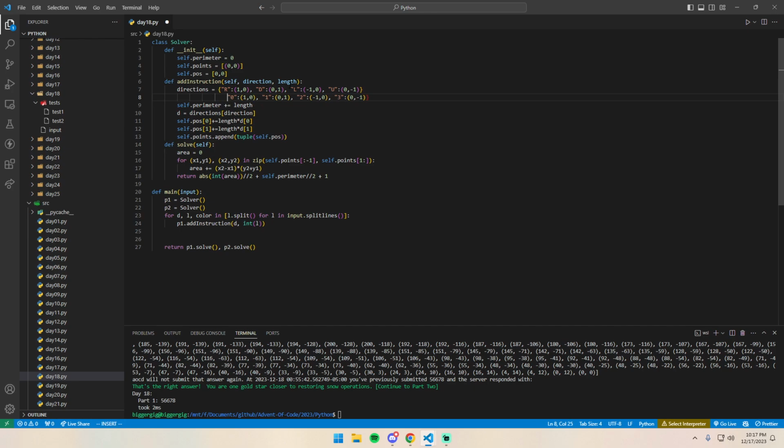There. So now we have those directions. Let's go ahead and actually parse out these things. So length is going to be equal to, and this is a little bit of trial and error again, the first 5 characters from the string, and then the direction is equal to color at -2. I print out length and direction. You can see